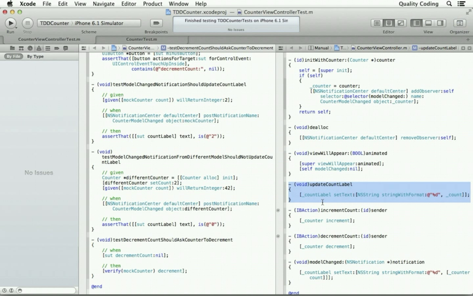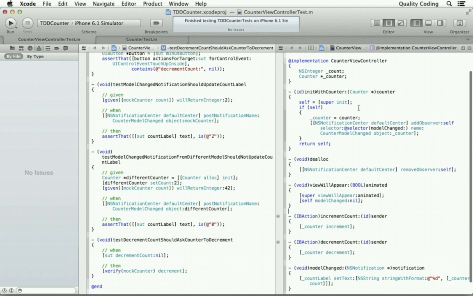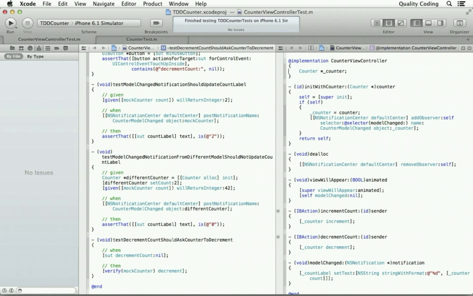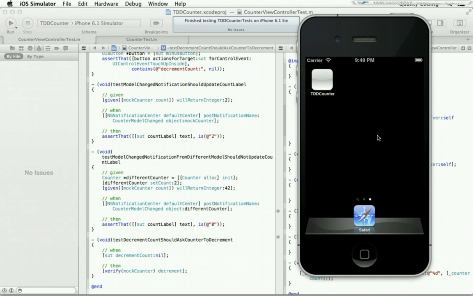And now nothing is calling this. This would be more obvious in app code, where it would make this gray to indicate nothing's really calling this anymore. And I really don't think we need this, the old original brute force count. Let's try that. Yay. Want to see it run?